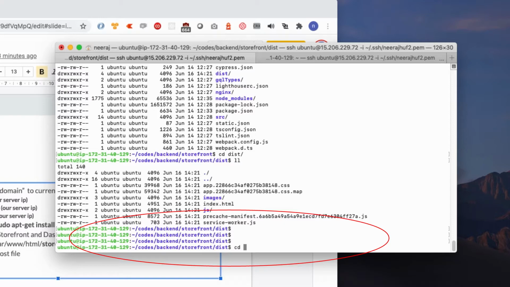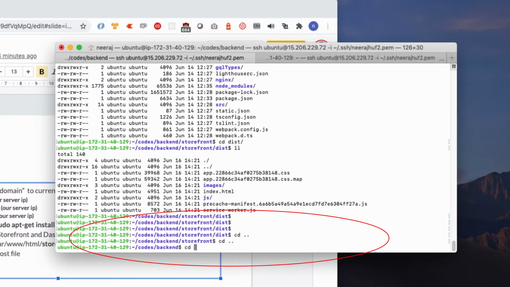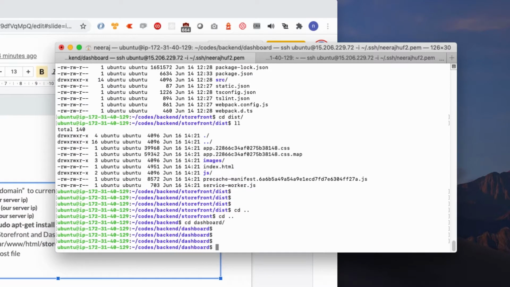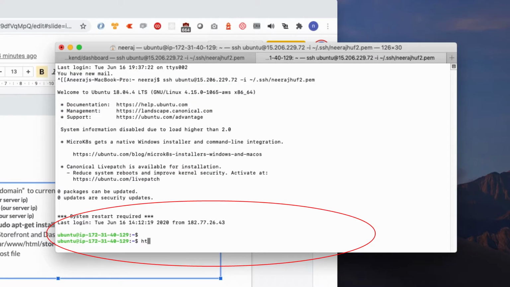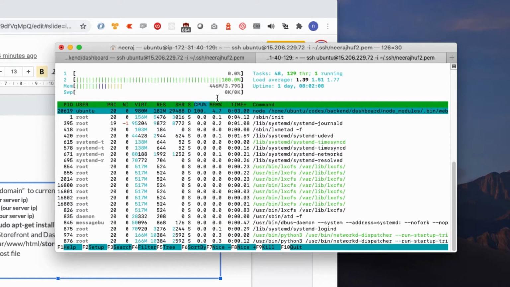Secondly, now I will run the same command for my dashboard code. Also, let's observe the memory.